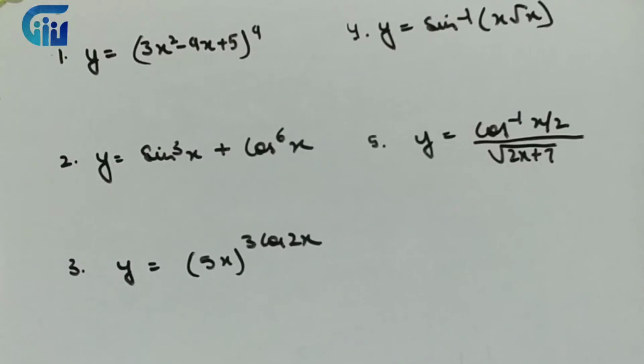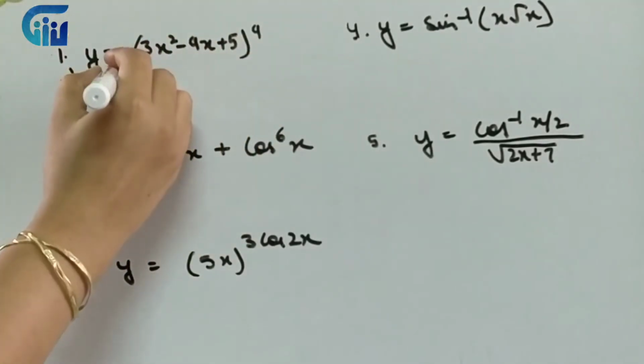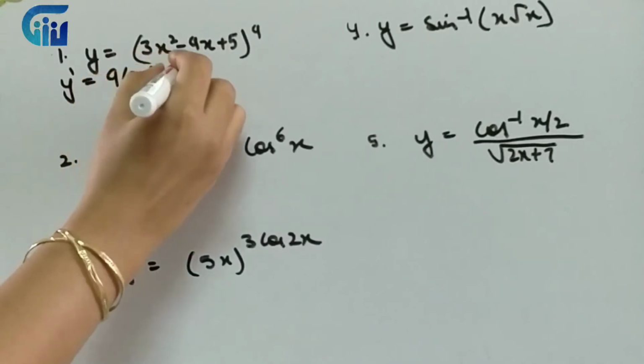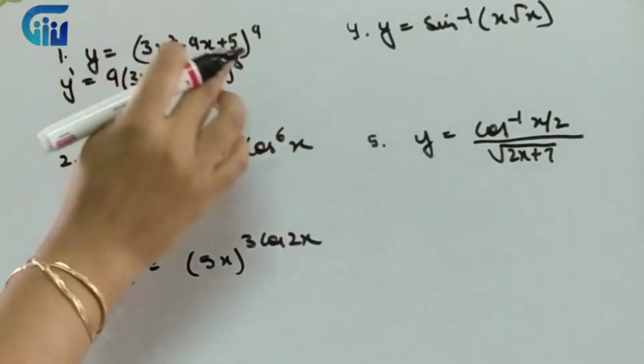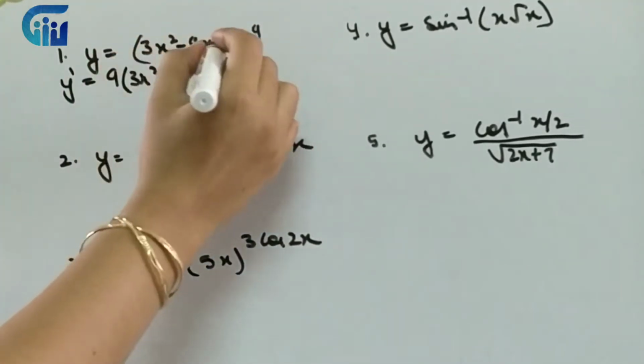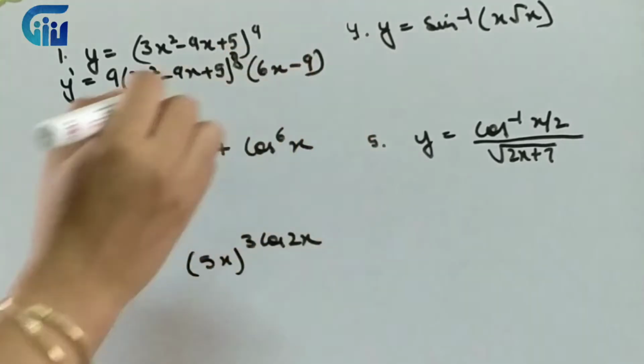So the first question that comes up over here, as you can see on the board, says y is equal to a particular expression. The whole power is a constant. So we know when the power is a constant, how do we write the derivative? We will use the chain rule, which says power: the derivative of the power we will write as it is. So over here, power done, then the function. If I differentiate the function, it will be 3x minus 9, right?